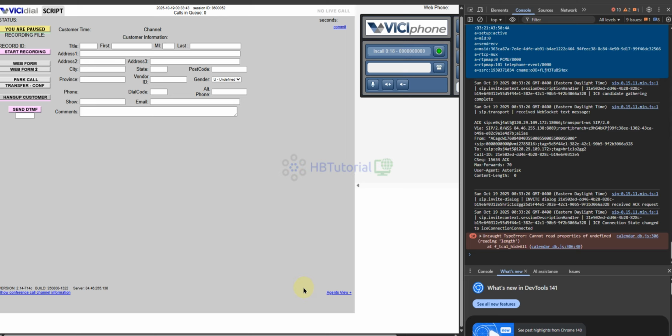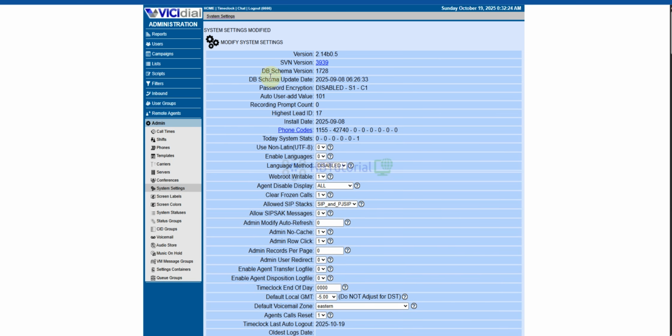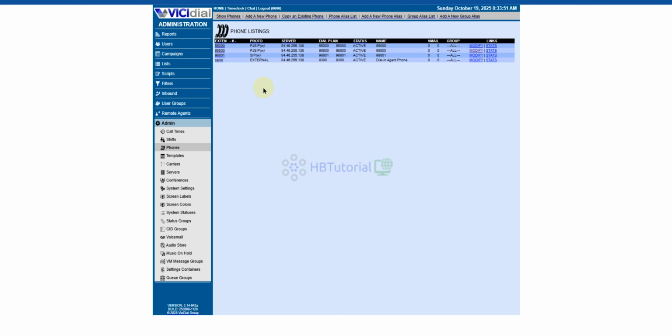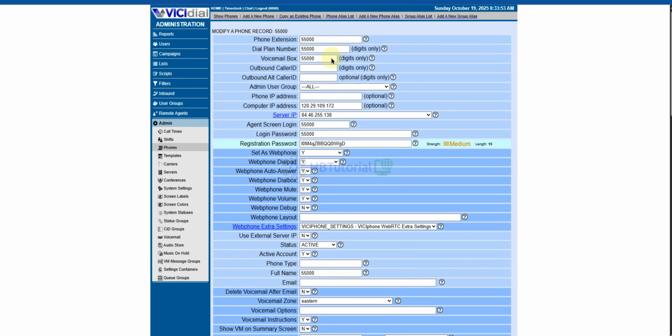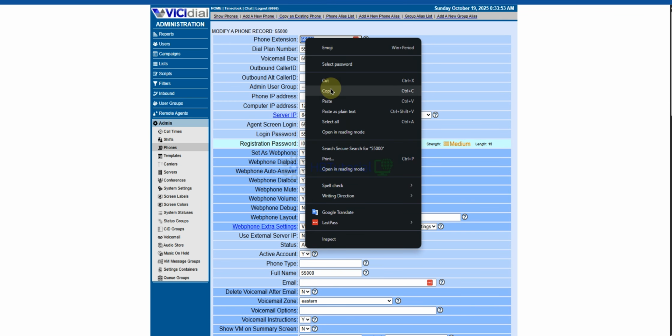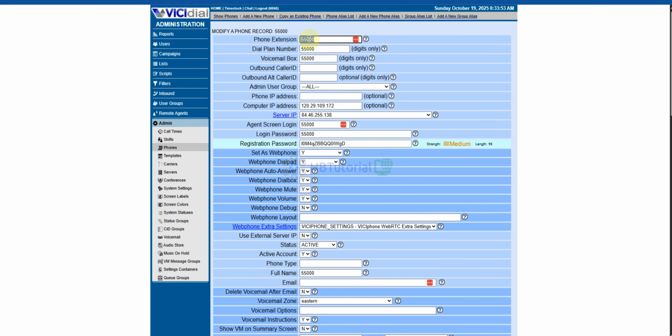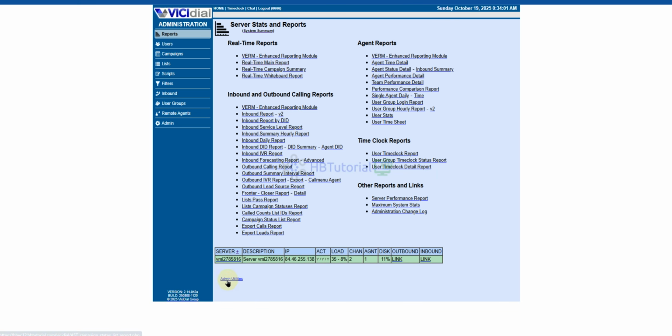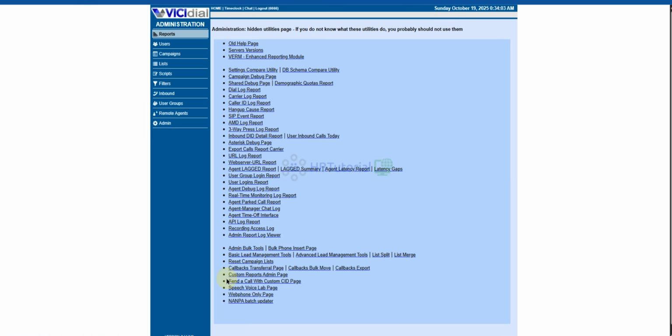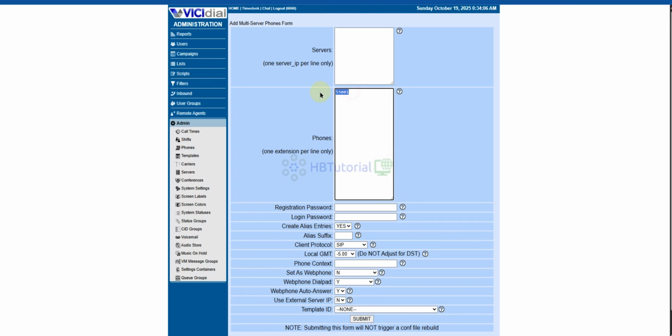And now, how to create bulk phone extensions. We will create a bulk phone extension and user. So this is our phone extension. You need to go here: Admin Utilities, Bulk Phone, and you can put the phone extensions you want to add over here.